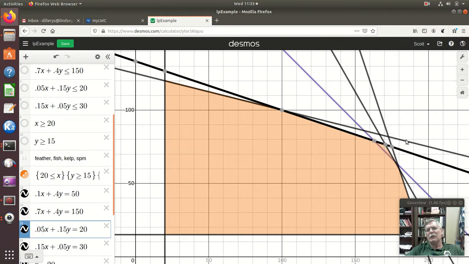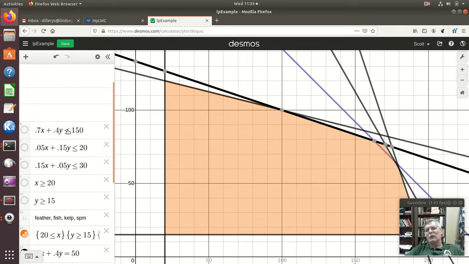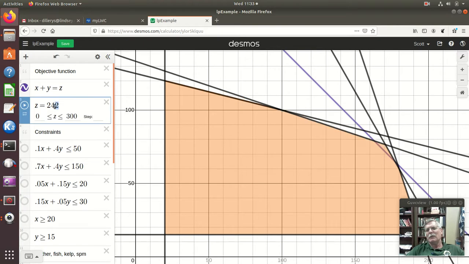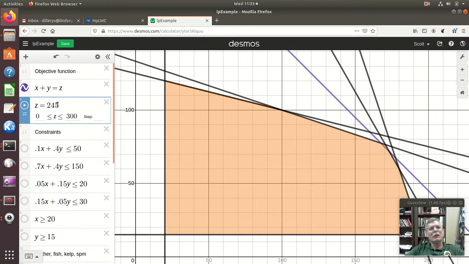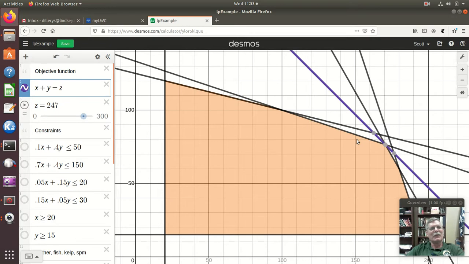Somewhere in there, 170.588, and so I can try 245 here. That's not quite far enough. Right, I'll make that bigger, and you can see that it's not quite there. How about 246? I don't think it's quite there. 247. And I think, yeah, it looks like, see, there's an intersection of that blue line, the objective function, and